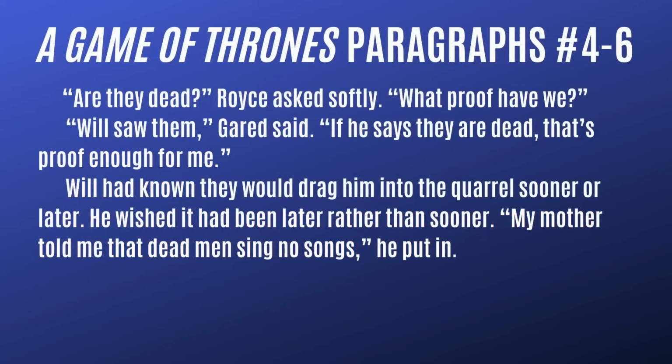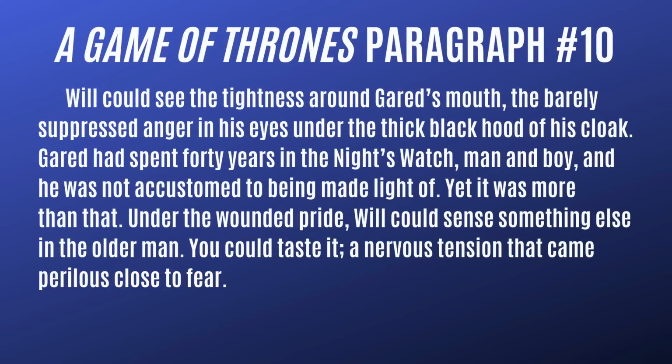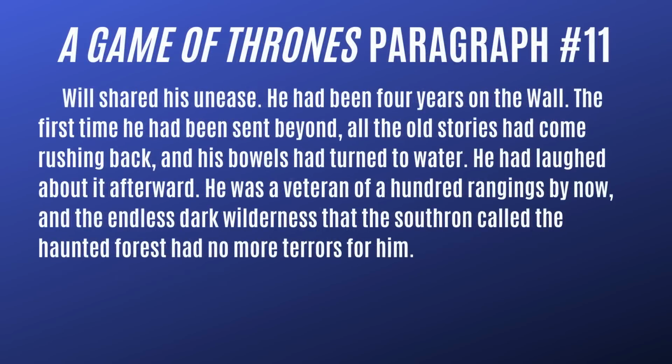Then we learn that this scene is from Will's point of view. We know this because we get his inner thoughts and wishes. Meanwhile, Royce continues to pressure the other two men. The dialogue establishes the three characters, their situation, and who wants to go where. Then the next two paragraphs provide backstory on Garrett and Will. But these are much more than just info dumps. The backstory contributes tension by highlighting the fact that both men have seen their share of horrors and they don't get scared easily. The fact that they're nervous right now creates tension and raises the stakes.